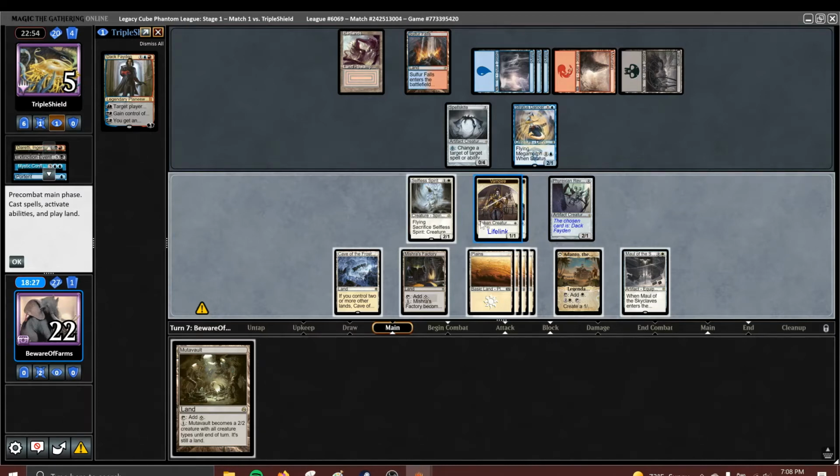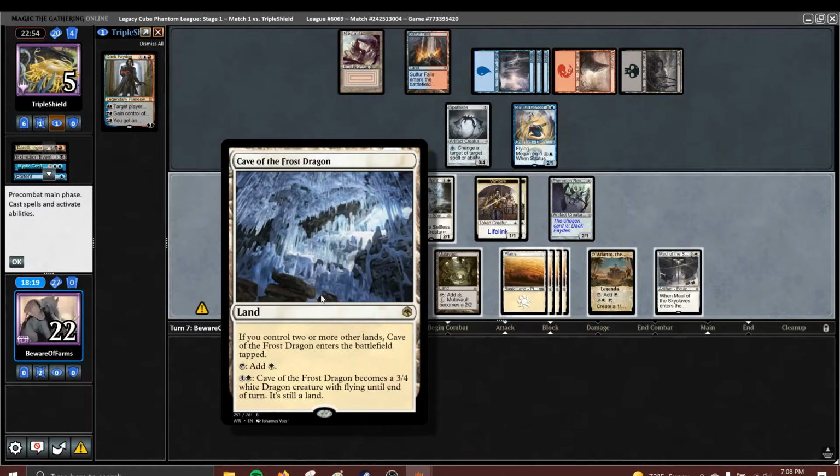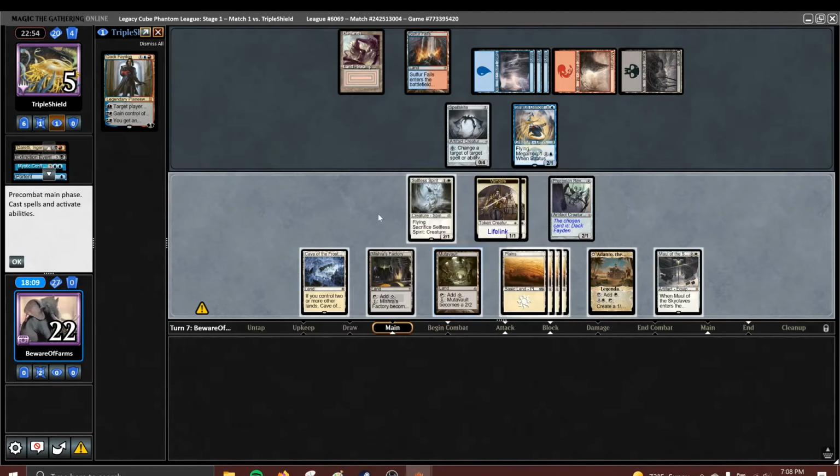So if we attack with 3, play Mutavault. How much is this to activate? 5. For 5. So I could send in the Cave and a Factory. This one has Summoning Sickness, I believe. Wish I had made sure of that beforehand. Let's check the